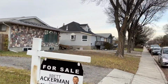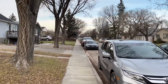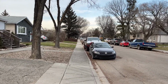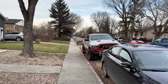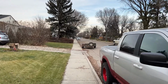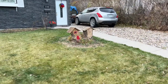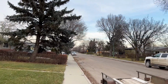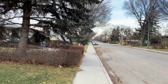Brett Ackerman. I think playing with the mic has made the gimbal more out of whack than usual. I'm surprised how much traffic there is on these side streets. Interesting little yard ornament. I have to change hands. For some reason my hand's getting really crampy. My right hand. Usually it's fine, but